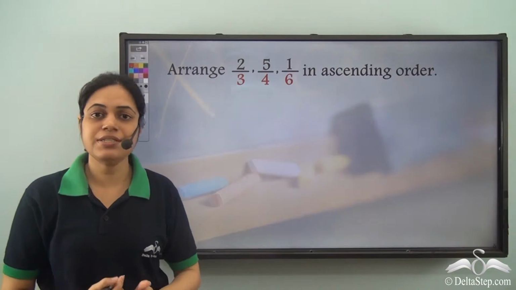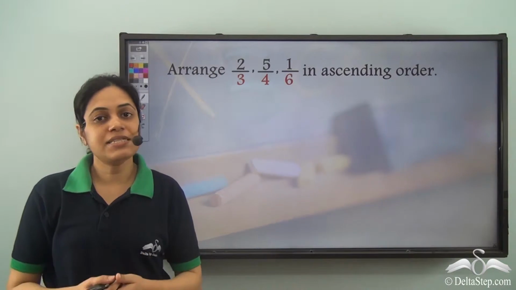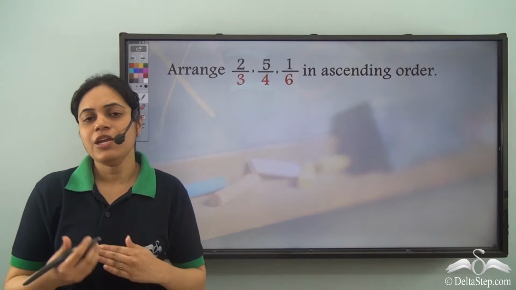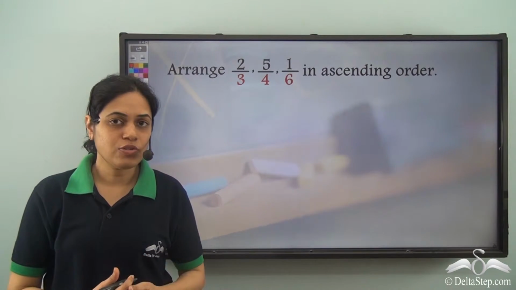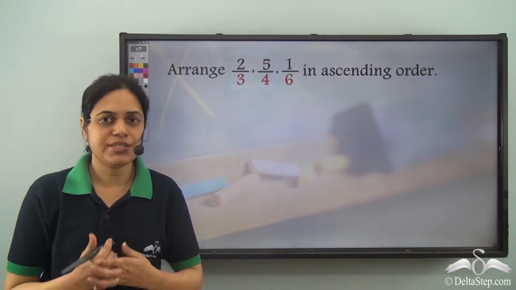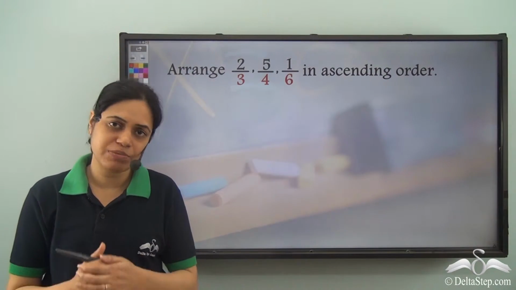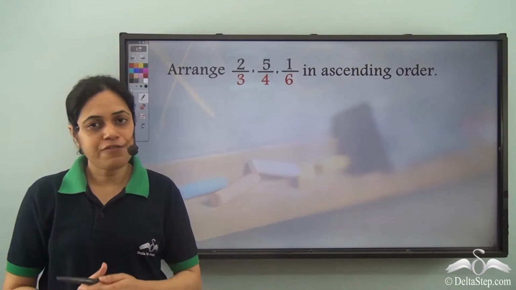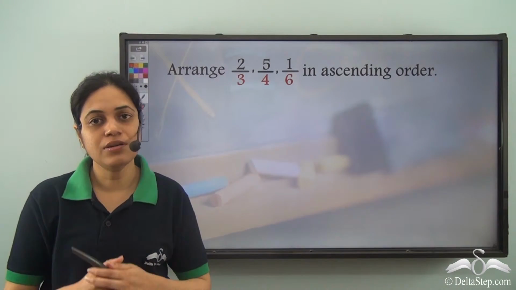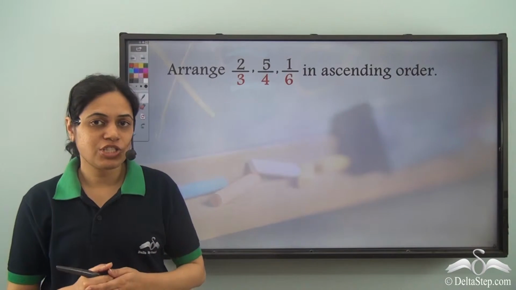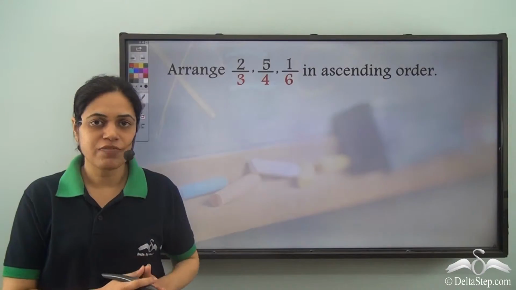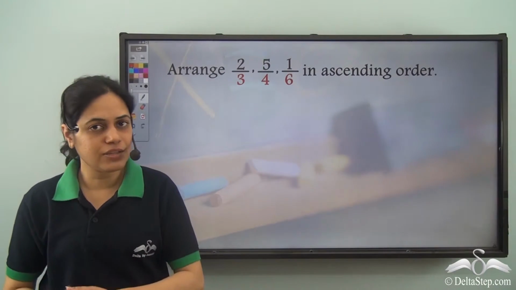Arrange these fractions in ascending order. Ascending order means from the smallest to the largest. Now we already know how to compare like fractions, that is the fractions with the same denominator. So if two or more fractions have the same denominator, then the fraction with the smaller numerator is smaller